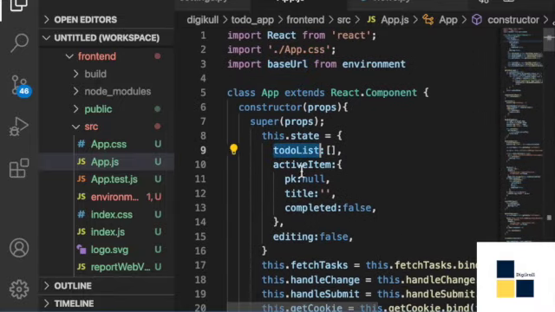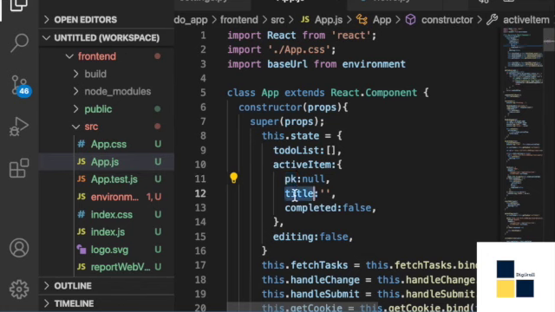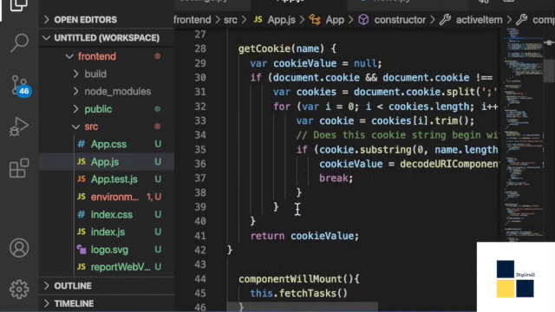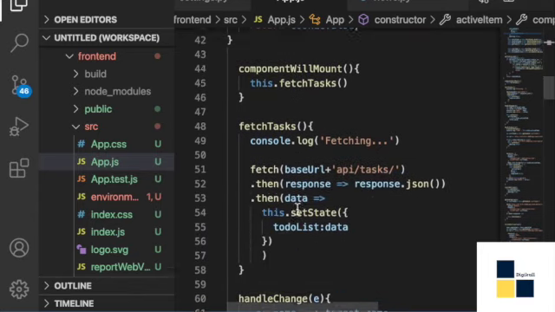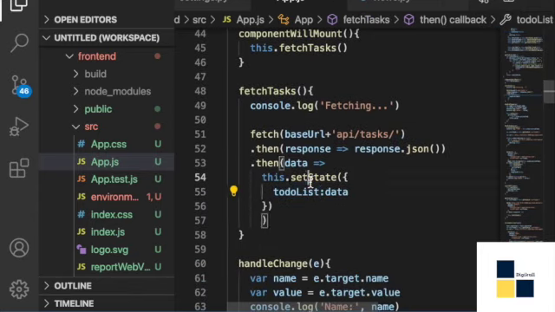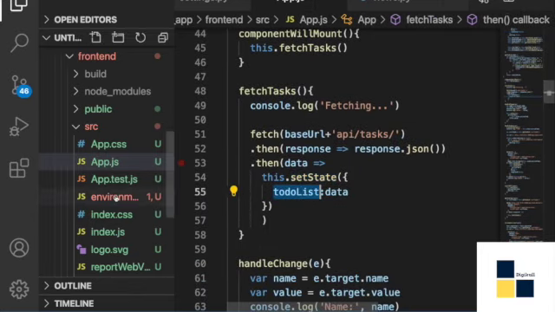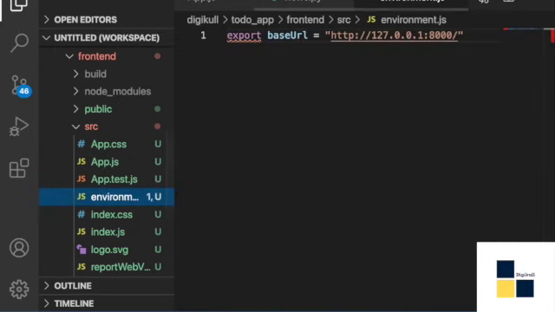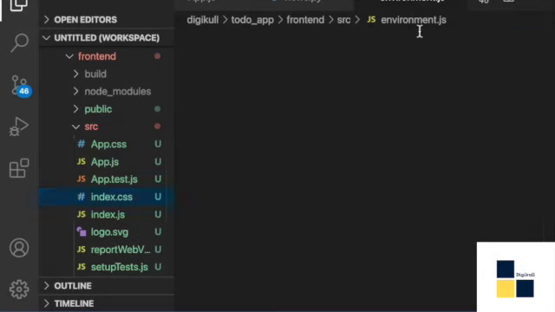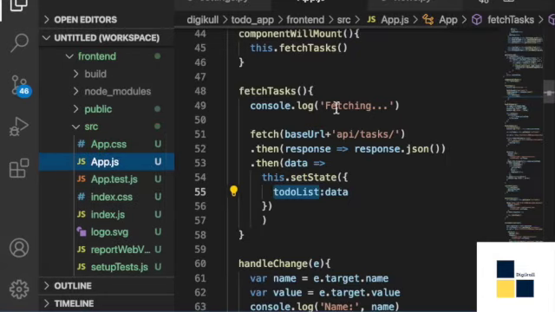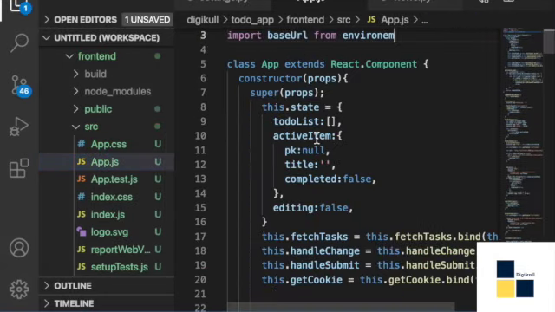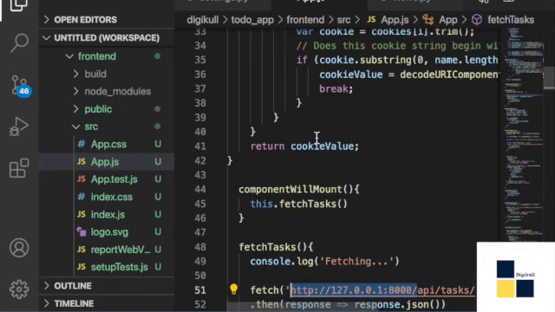For the to-do list active item, we are using pk, title and completed. Whatever JSON is given by our backend, we just have to set our state to that data. For now, we can remove this environment.js as we'll need to make so many changes. We'll just revert it, but it is a good practice to have that.